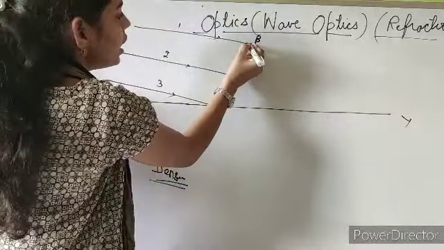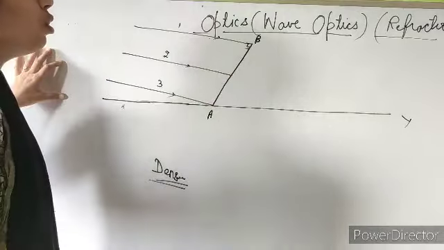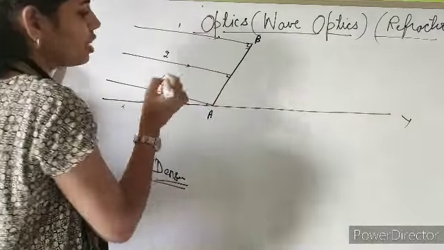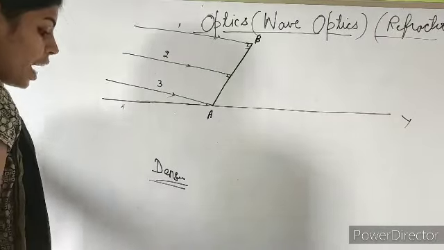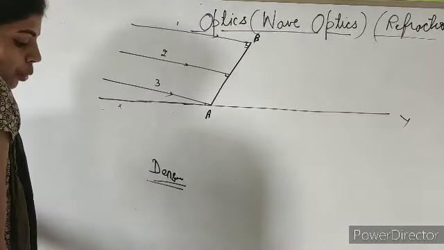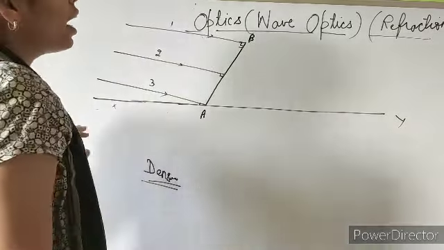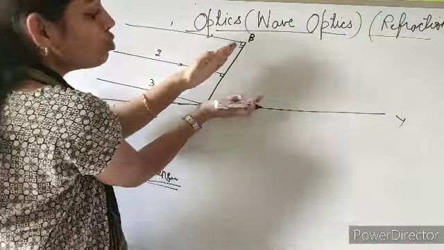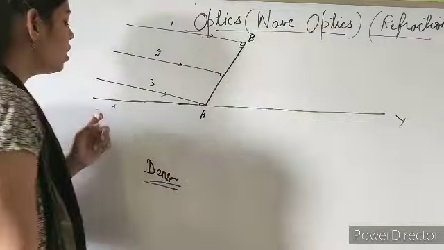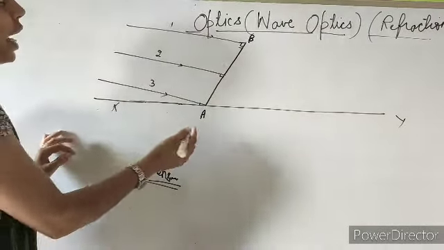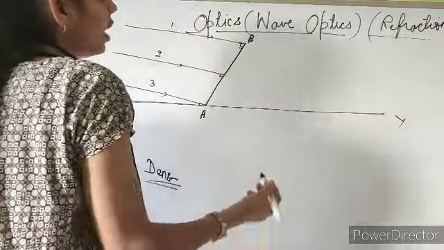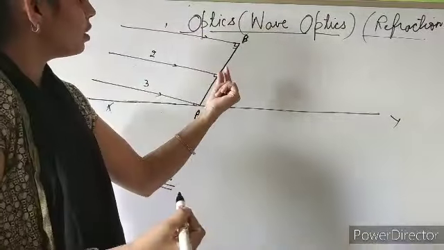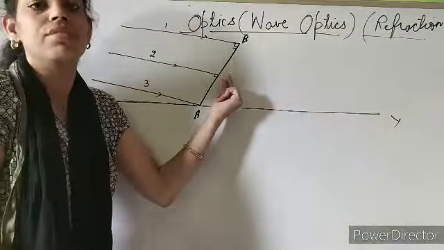You can see here the ray is making an angle of 90 degrees, here also it is making an angle of 90 degrees, here also 90 degrees. And yesterday I told you where the angle of incidence is. The angle of incidence, students, would be between the two surfaces. This is one surface, interface XY, and AB is another surface. I have told you the wavefront is itself a surface.